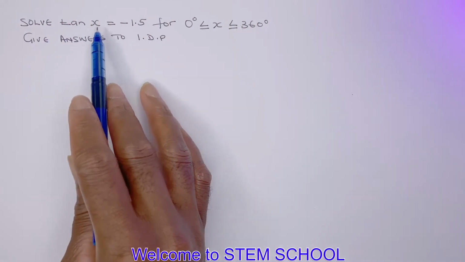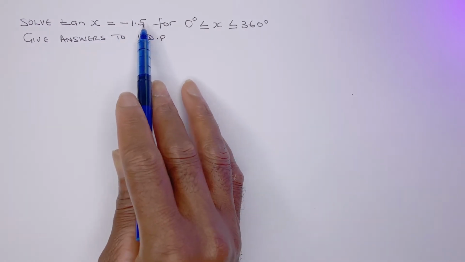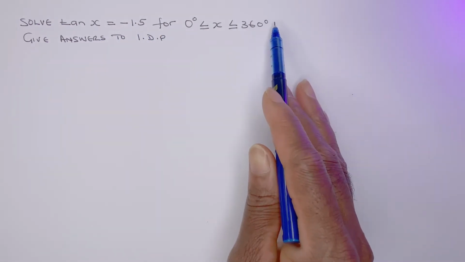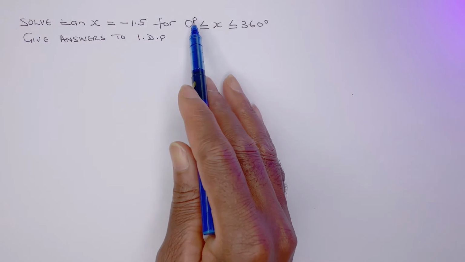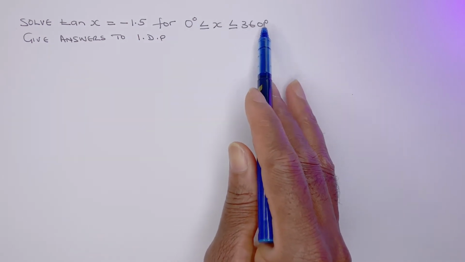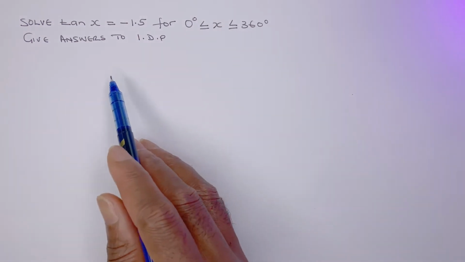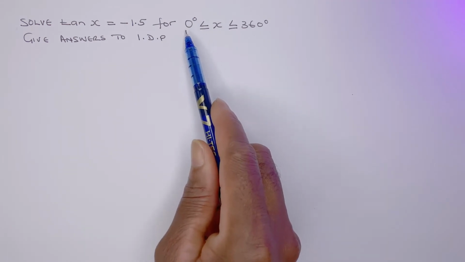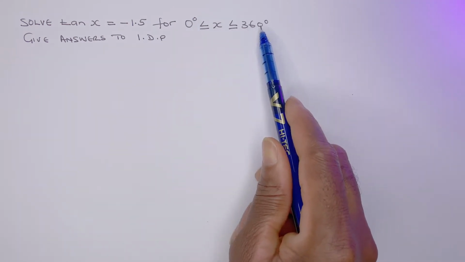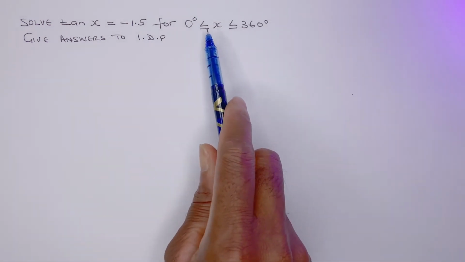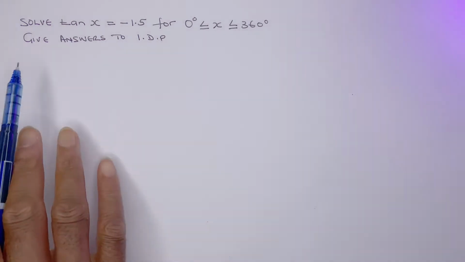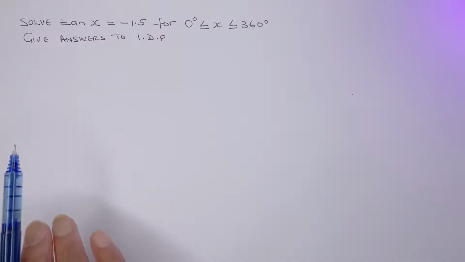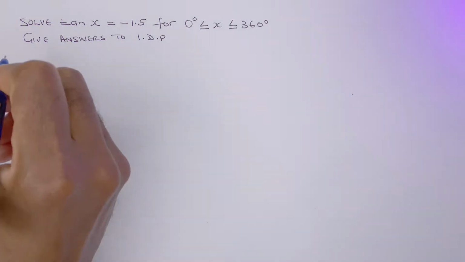Solve tan x equals minus 1.5 for the boundary between 0 degrees and 360 degrees. So that's what that meant. The smallest is 0 degrees and the largest is 360 degrees. So x is in between them. Give answers to one decimal place. So we can start by saying